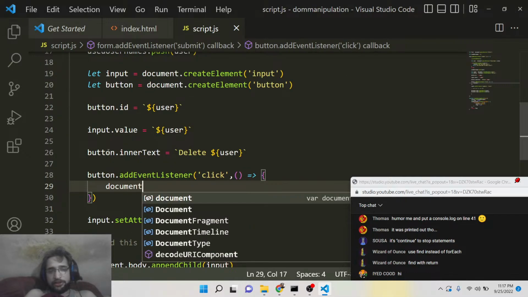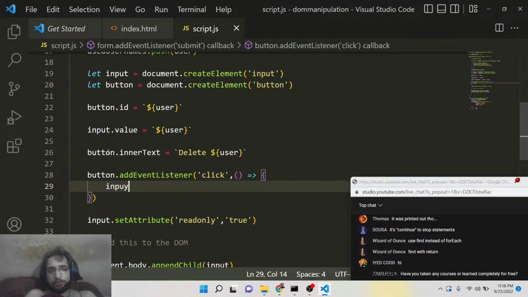So what we can simply say, document dot, or we can simply say input dot,